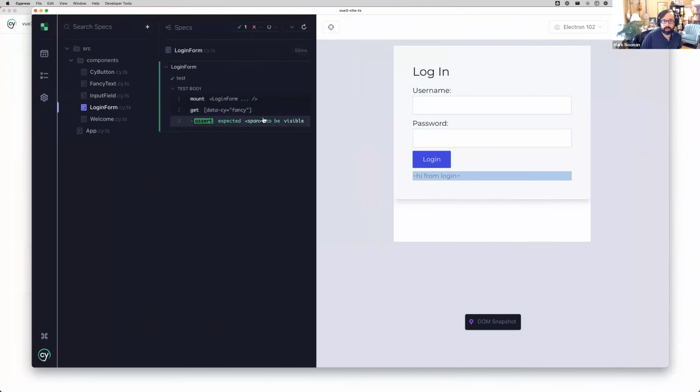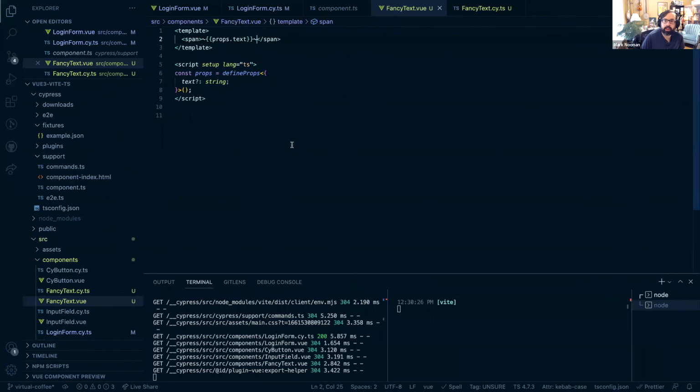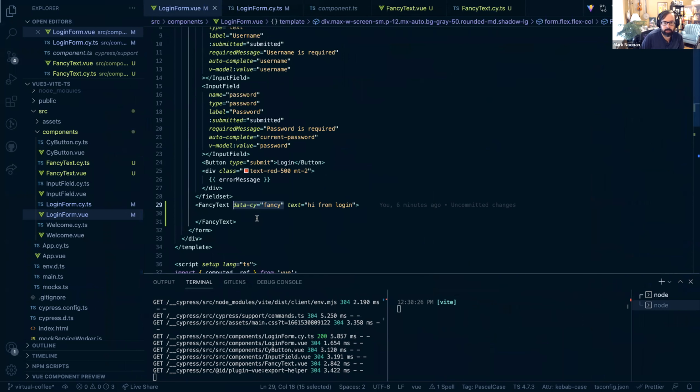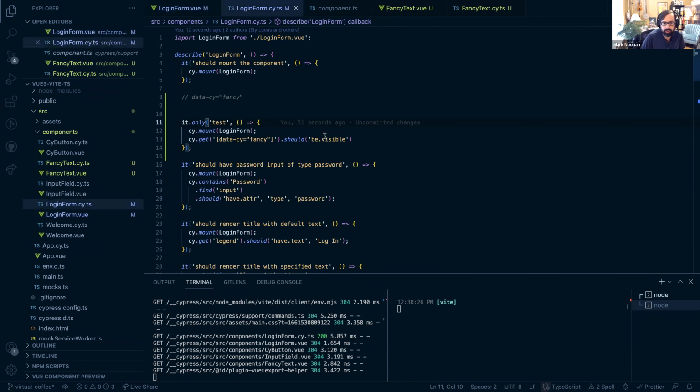This would actually, to me, be enough for a shallow check in the middle of a user flow where you're actually doing something else, but you expect these things to exist. These data attributes are totally fine for that. In this case, login form is also responsible for putting this text into it. So from login form, I would also kind of want to know